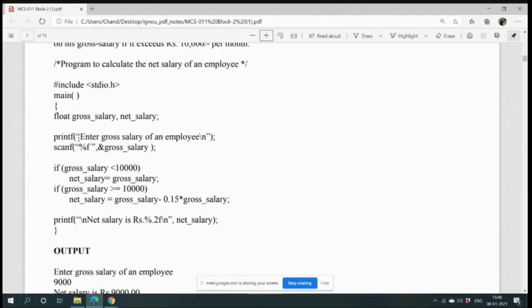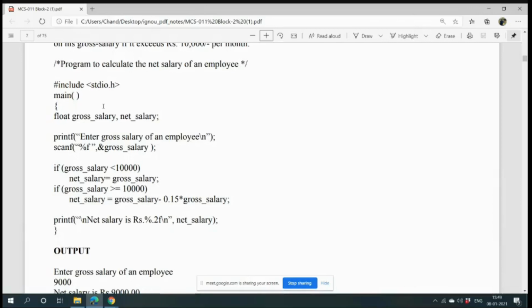Now, what is the meaning of printf? All BCA students, please, every time I will not explain everything. This is the first program. It will print the message that we have to print. Whatever the thing is given in double quotes, that it will print. Understood? So, what is the meaning of scanf? The user has to enter what is given in the scanf.